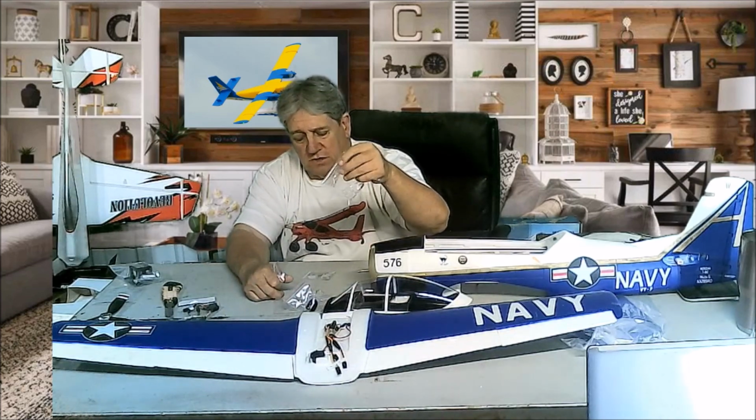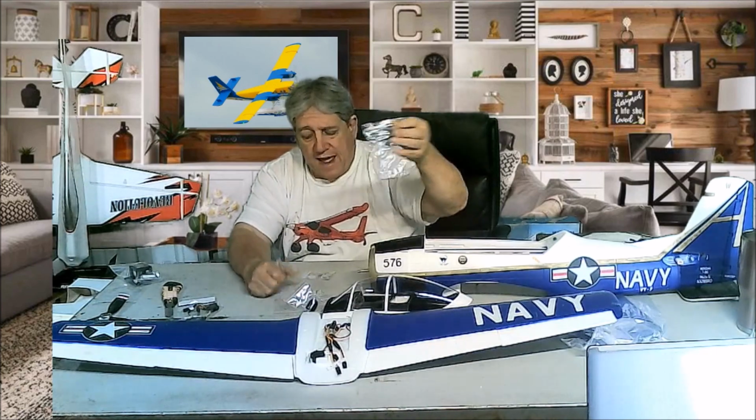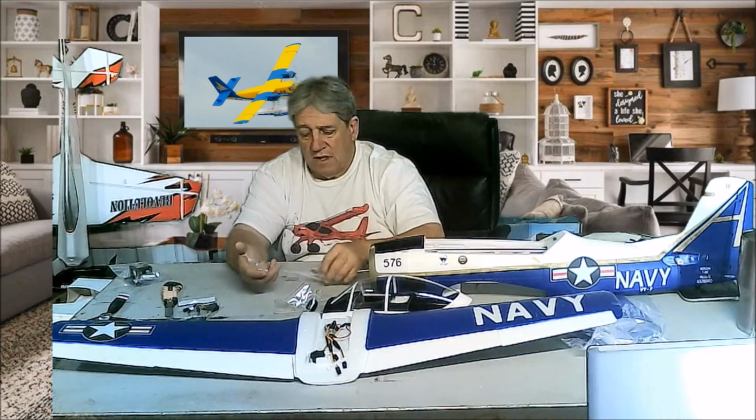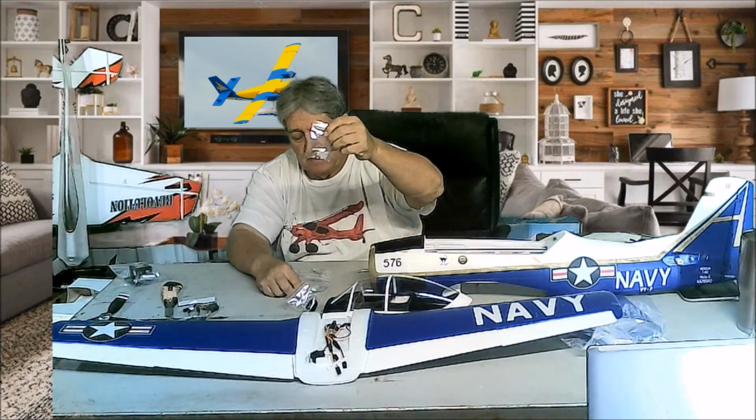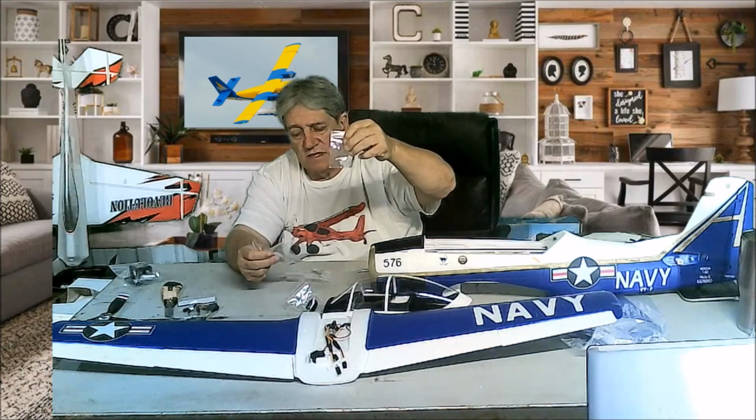Spinner. Got a little black spinner. Here's another bag, 2 control horns, 2 push rods. I'm sure that one of these is flaps and one is ailerons. The elevator is a single, so we just need the one. That could be this bag. Now, maybe these aren't spare parts. Maybe that's what this is. I'm assuming the